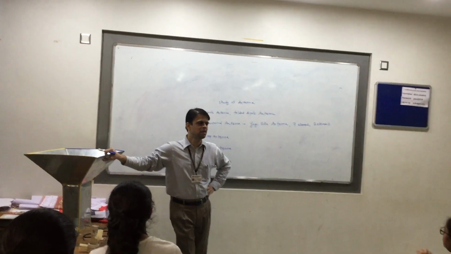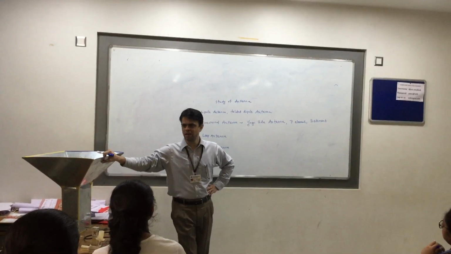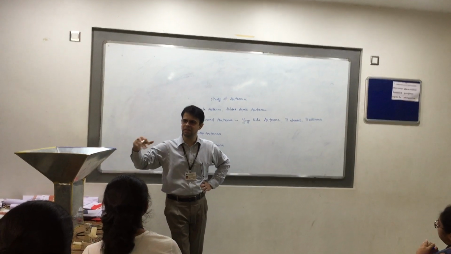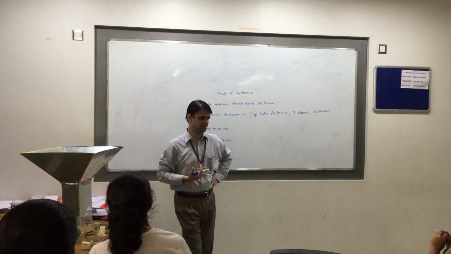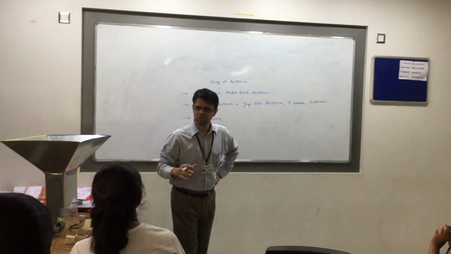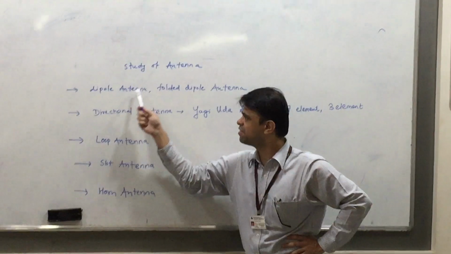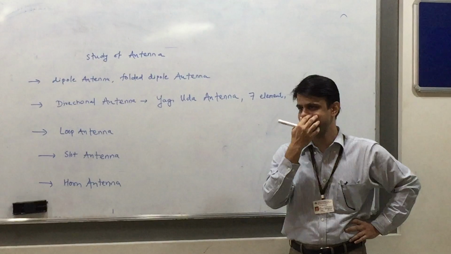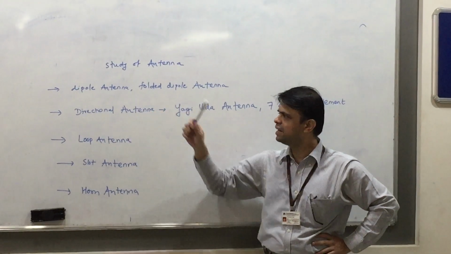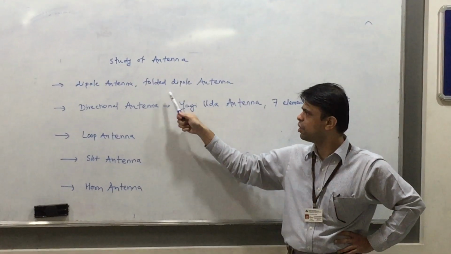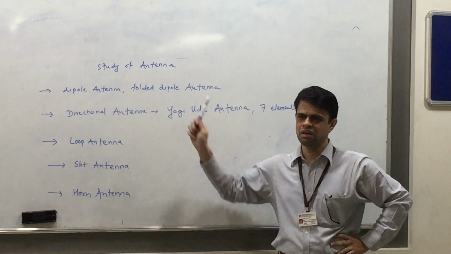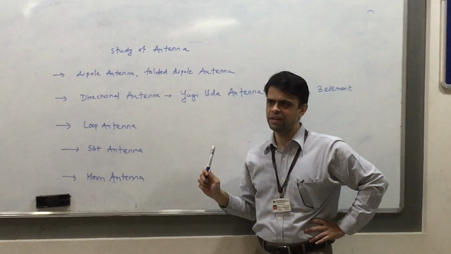Antennas, right? Now, the study of antennas you have done in theory; you have at least seen what the different types of antennas are. A few of them we are going to study today in detail here. Fine. So the different antenna types I have just listed here. You have the dipole antenna, in which we are going to see two different antennas here, the folded dipole and the dipole antenna.